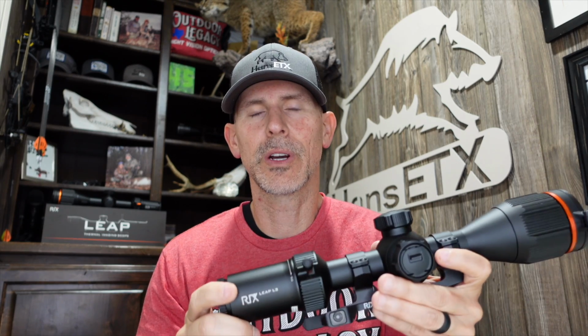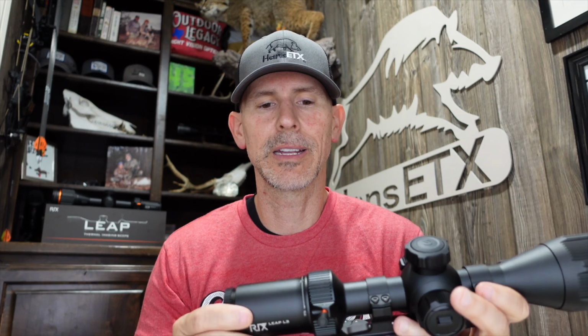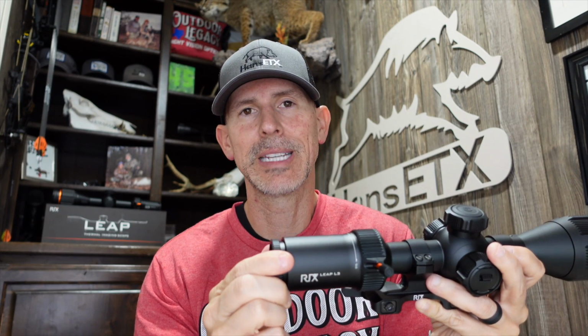Last thing, we talked about the ocular zoom, which is a positive and a negative. The reason why I say it's a negative is when you do increase the ocular magnification from 3.2 to 9.6, the picture image, when you raise it all the way up to 9.6, does get fuzzy. I noticed some reticle blur, so I had to refocus the eyepiece diopter whenever I got up to that higher